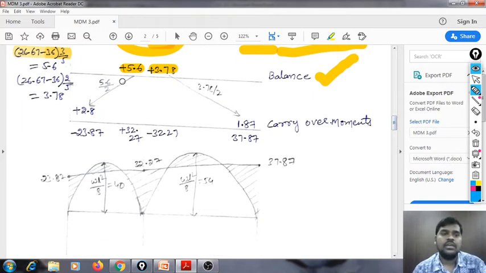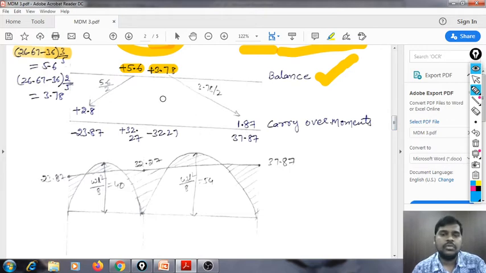So to carry over the moment, this is 5.6, we have to distribute this, that means half of the moment will be carried by this end. We have to suppose that half of the moment is carried by this end, in that way. So 5.6 divided by 2, that is 2.8, we have to write like this, and 3.78 divided by 2 we have to write like this. As the ends are fixed support, we are making it half. If they are simply supported, we have to make it 0, because that doesn't carry any moment. So simply supported end moments will be 0 actually, but fixed support moments have some moments.